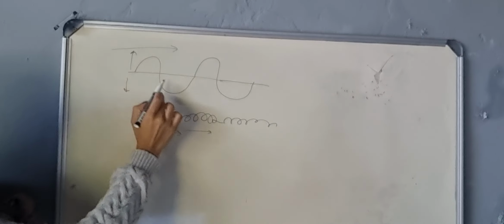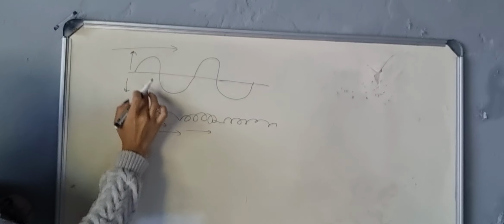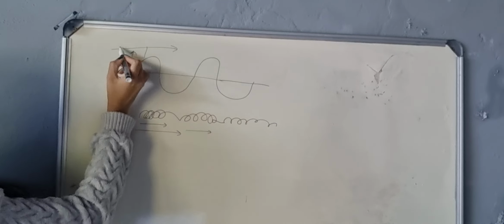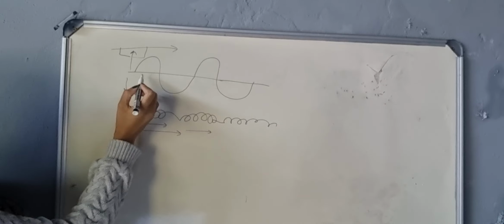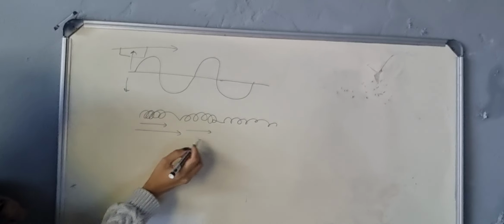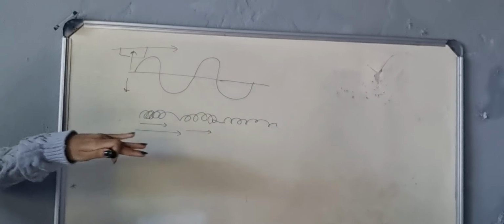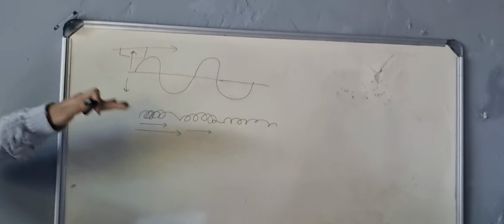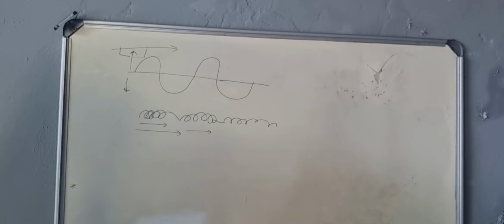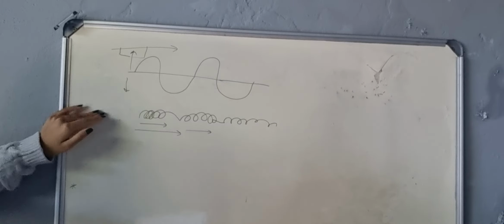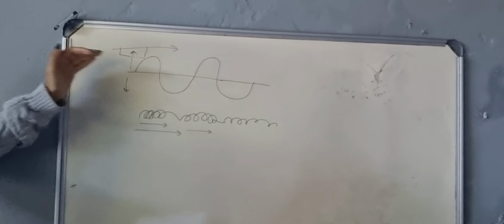Therefore, you can say for a transverse wave, since it's going up and down and the direction of movement is to the right, this is perpendicular to each other. It forms a 90-degree angle when they're moving. But this would be parallel to each other because they're in the same direction. So this is perpendicular, this is parallel. This is transverse, this is longitudinal. So the question was basically saying, what was the definition of a transverse wave? And it is a wave in which the particles of the medium vibrate perpendicular to the direction of the movement